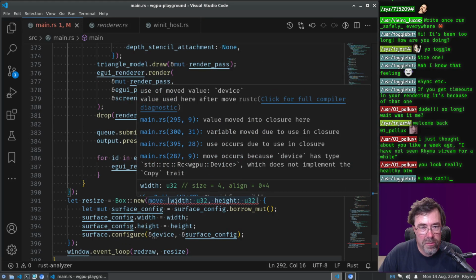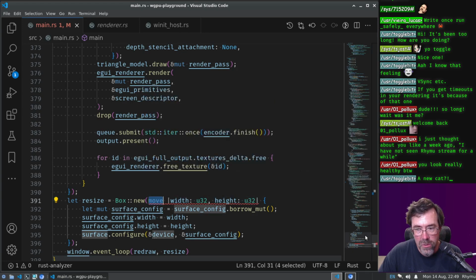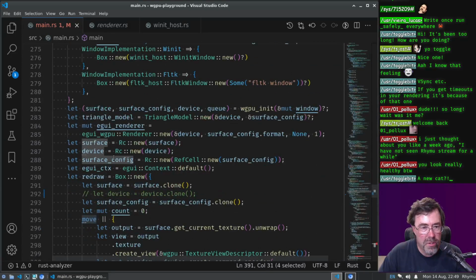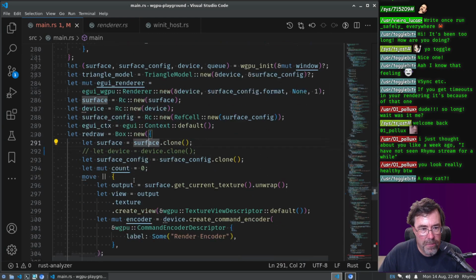Yeah, use of moved value. It was moved into the closure. Right, so the pointer was moved into the closure for redraw, but then resize also has a move. So I clone it in order for redraw to get